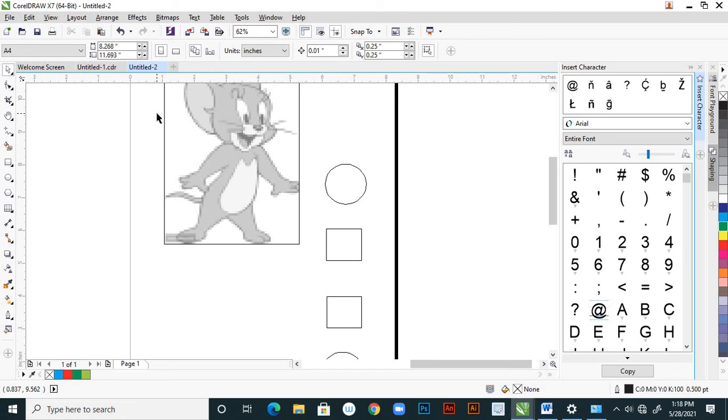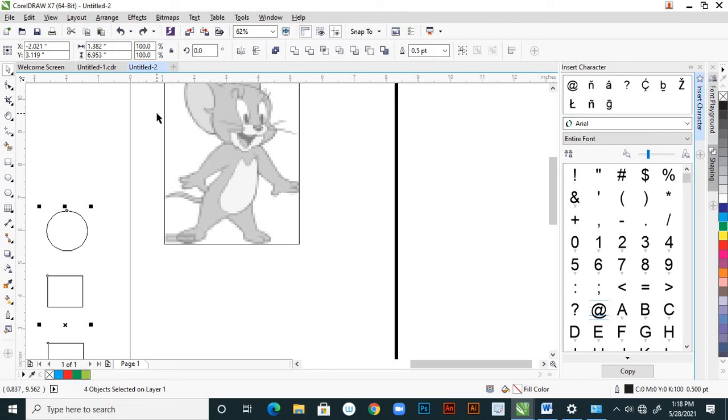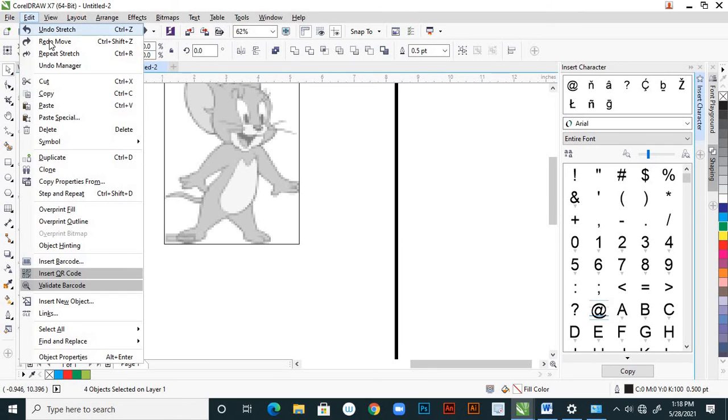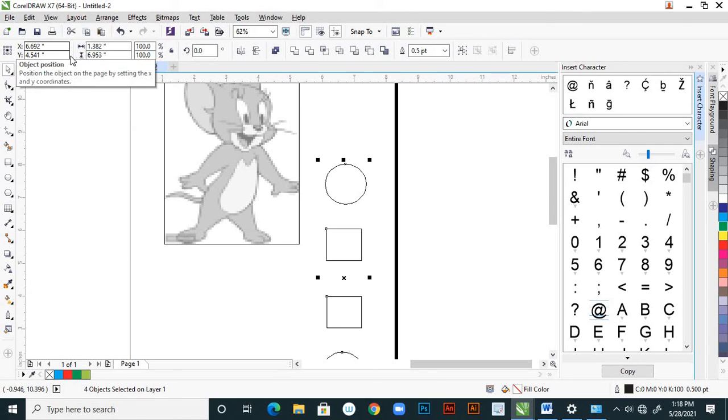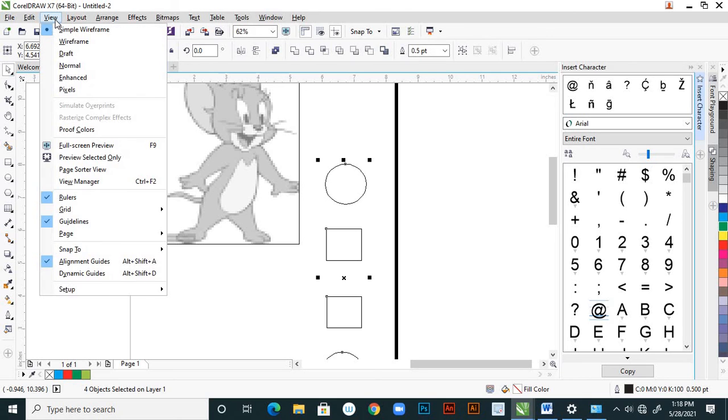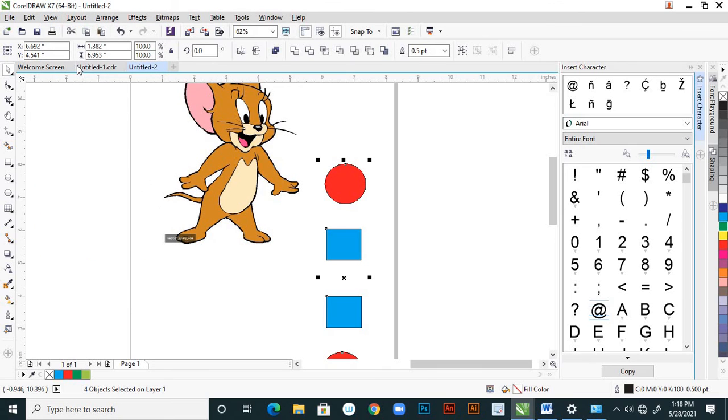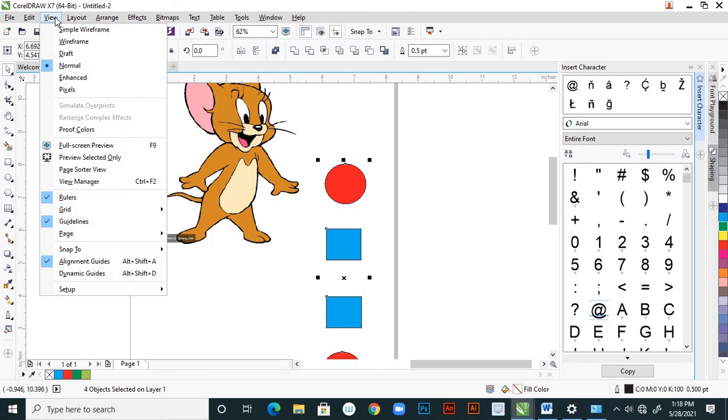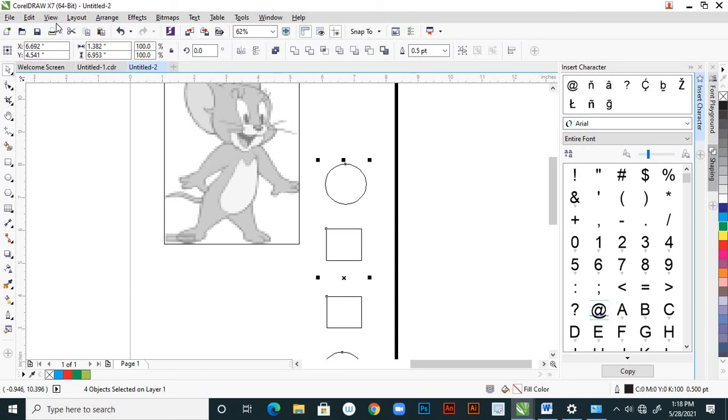And suppose control Z, sorry, not control Z, redo move, I'm using here, so normal, come to normal, and again here a wireframe. So the difference between this wireframe and this one is,